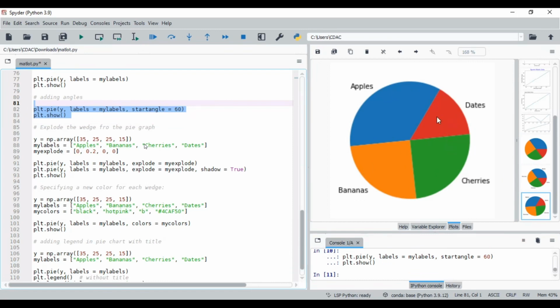So here it will indicate according to their angle. Suppose I am taking 90 here. So it will start from